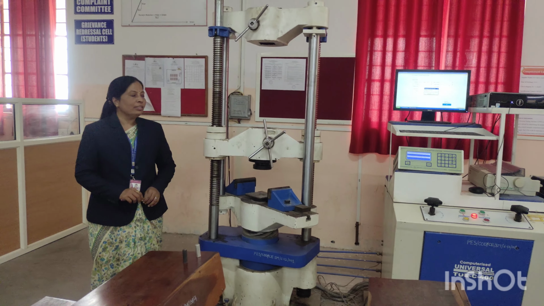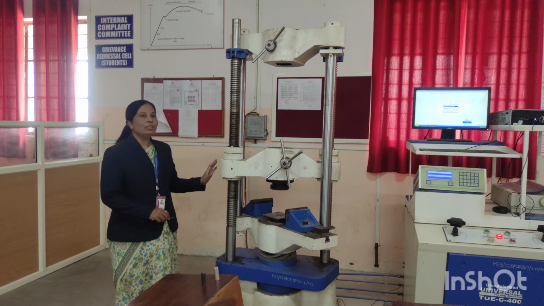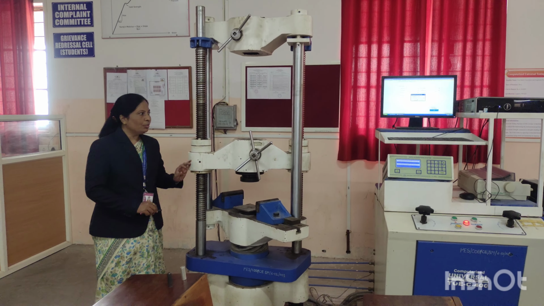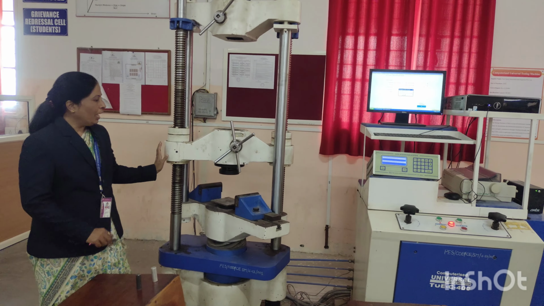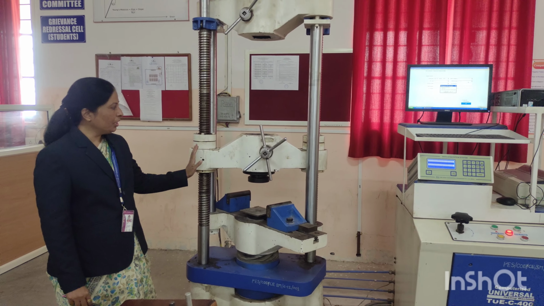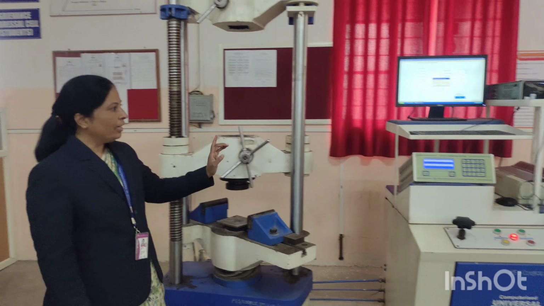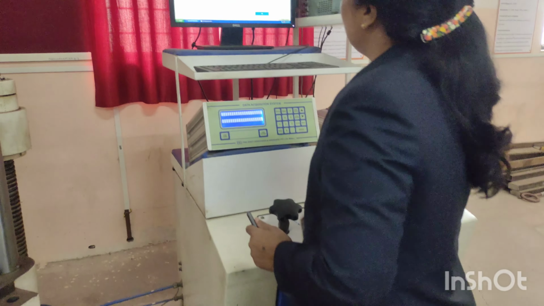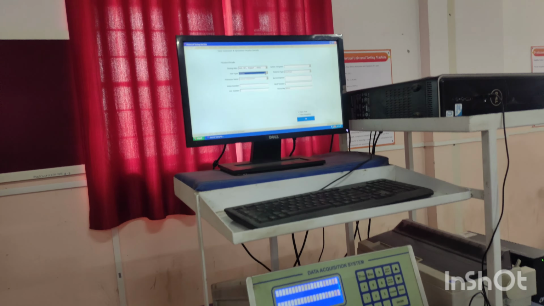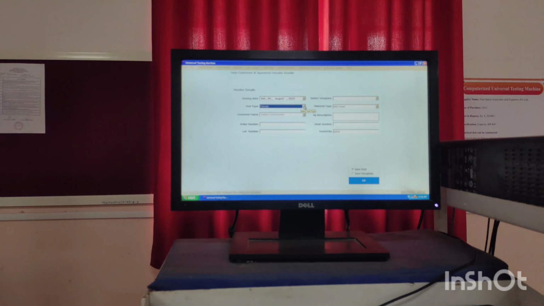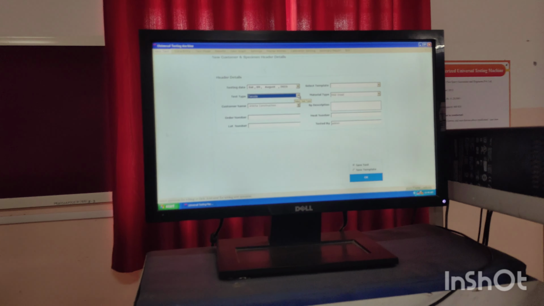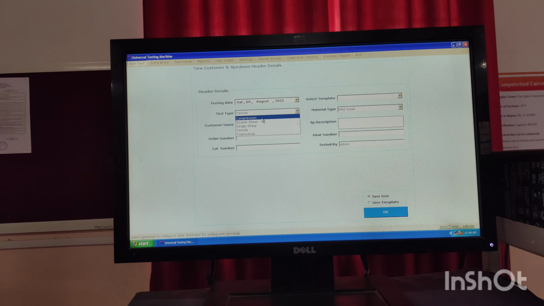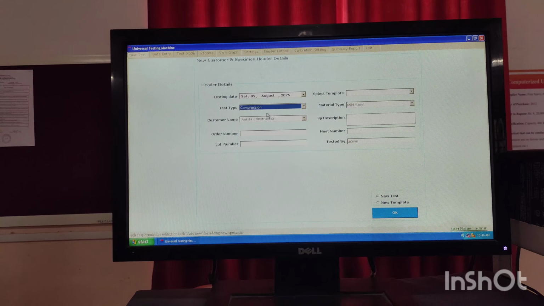Now we will conduct the compressive test on the universal testing machine. This is the UTM machine, and the main parts of the UTM machine are this loading unit and this control unit. By using the control unit we can give input to the test. Now from this we can select the compressive type of test,